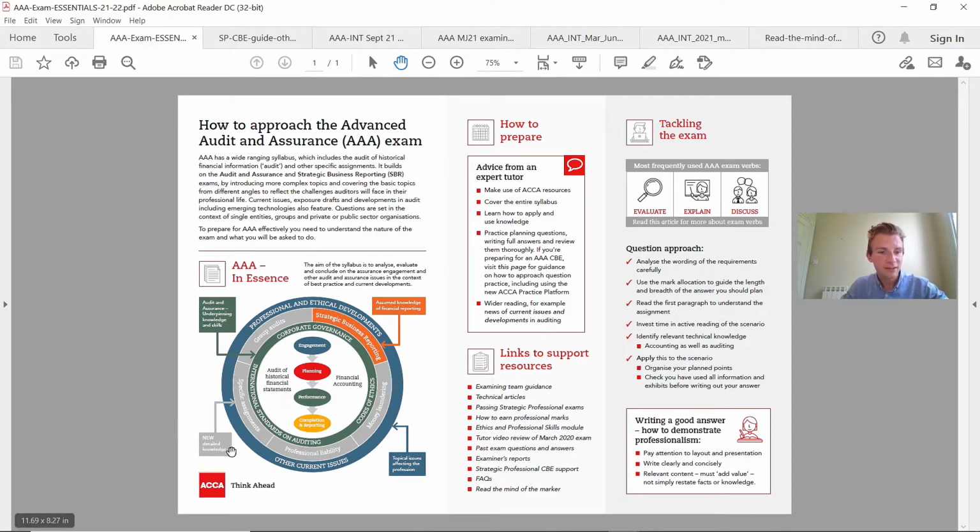So as you can see down here, it nicely breaks down all the underpinning knowledge and skills, the detailed knowledge you need to be aware of, some of the topics such as money laundering, corporate governance, group audits on there, professional liability, and then other current issues that we'll be taking a look at later in the technical articles. So make sure you get that written down, that you need to be reading the most up-to-date 2 to 3 technical articles on current issues. The external examiner is highlighting it for you on here, so make sure you have a look at it.